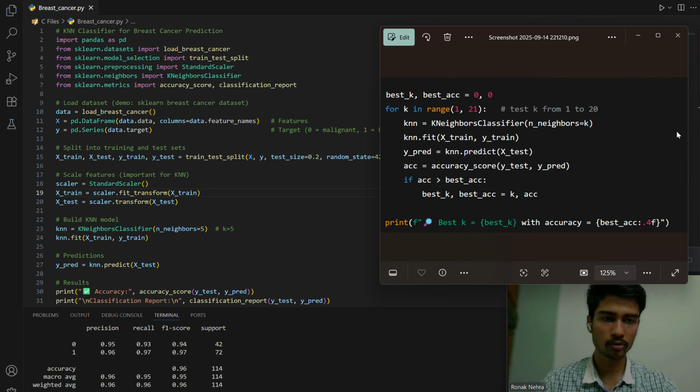We use odd values of k, like 3 or 5, so it is easier to classify. Suppose k equals 3, then the majority decides the class. But if we have k equals 4, then a tie can occur and it is not easy to classify the patient. See, now here I will be fitting the data into our KNeighborsClassifier